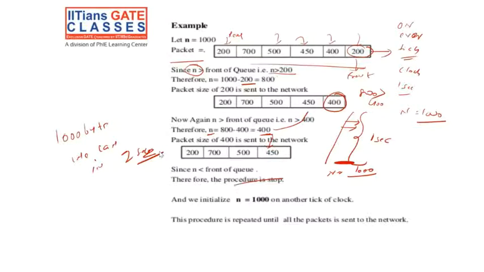They can ask anything in this. In the first tick, how many packets went out? 2 packets, right? Or in the second tick, how many packets will go? They will give a different packet queue. You have to decide how many packets go in the first tick and second tick. You can apply permutation and combination here, but if you know the basic thing, you can easily calculate it, right?